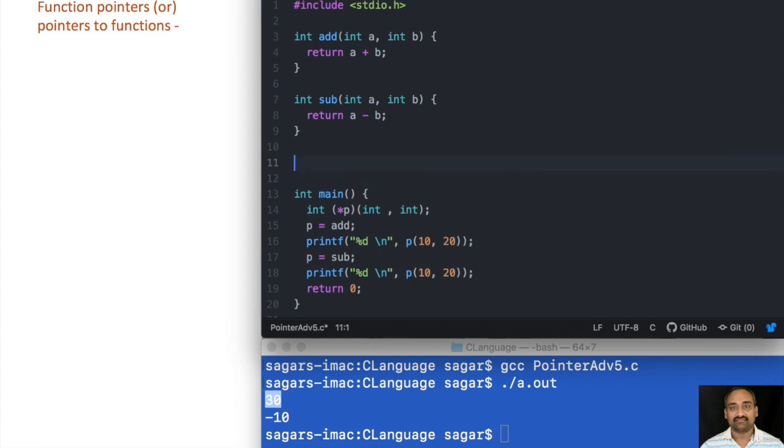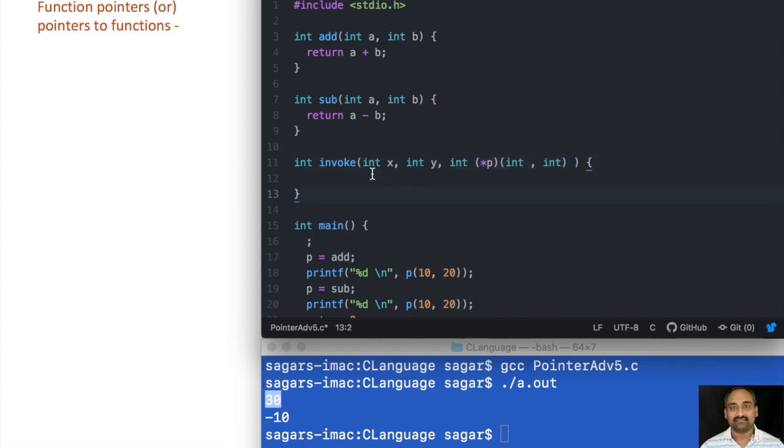Now I'm going to slightly adjust this example, something like this. What I will do here is write a function called invoke. This is just for demonstration purposes. I'll take two arguments x and y, and also I'm going to accept a pointer to a function.